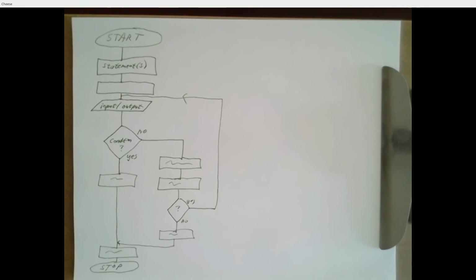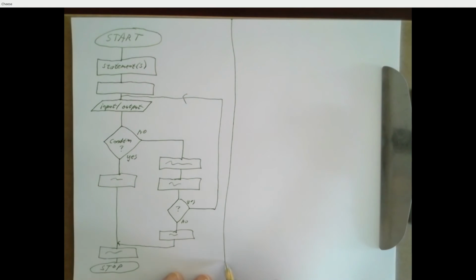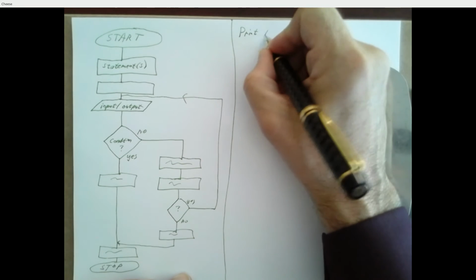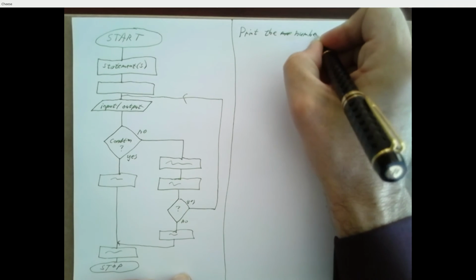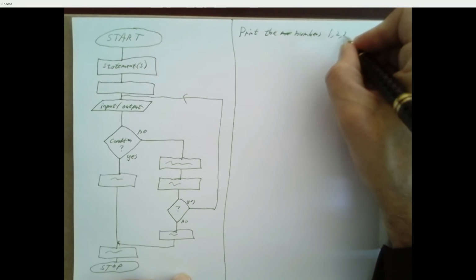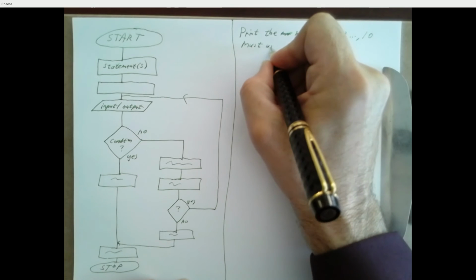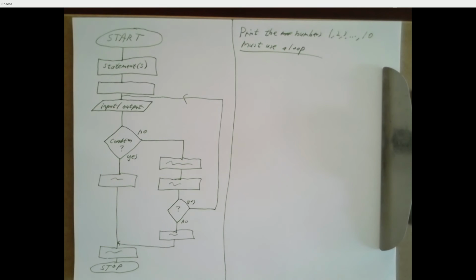So let's try and write a sample flowchart as a group, and then I'll have you break into small groups and work on the whiteboard. But our first goal is to print the numbers 1 through 10. And I'm going to say you must use a loop. Because you could just print 1, print 2, print 3, and so on, and you're done. But that's not as interesting. So I want you to use a loop to print out the numbers 1, 2, 3, 4, 5, up through and including 10.